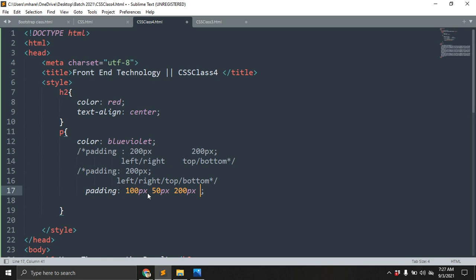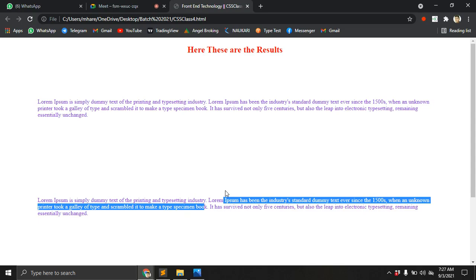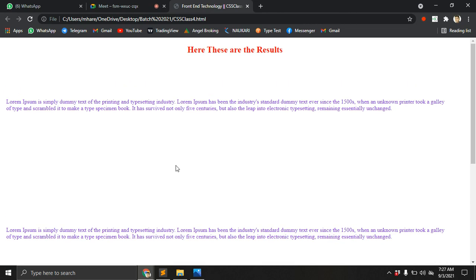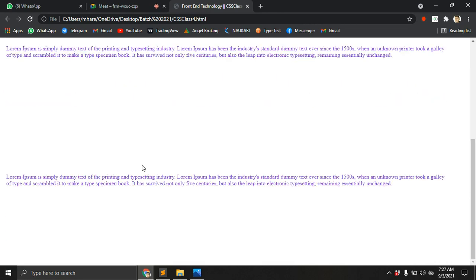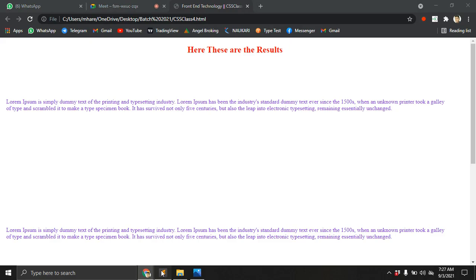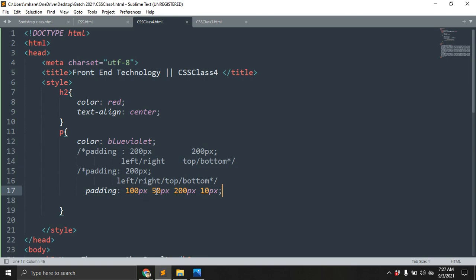Bottom I didn't give, like 10 pixels, simple. What do you understand here? Let's save, refresh. Padding 100 pixels is 100. Let's see how we can understand this.